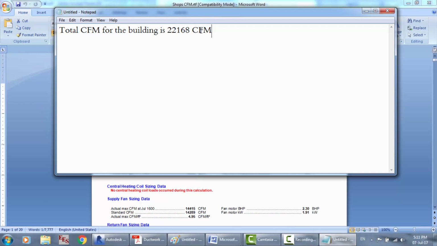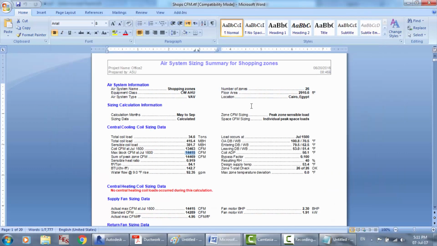You can use one air handling unit to provide the whole building, or you can use